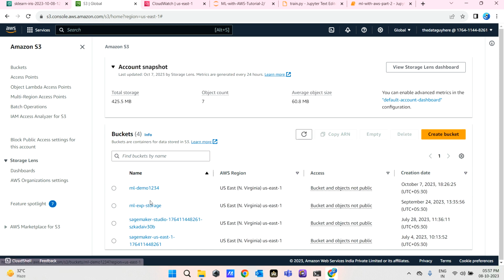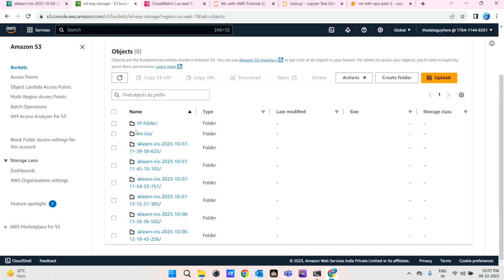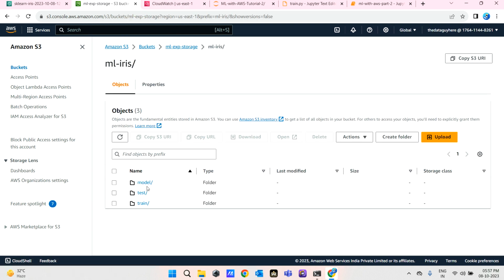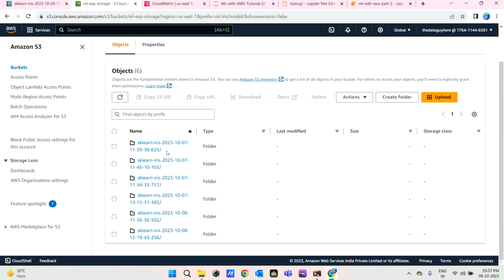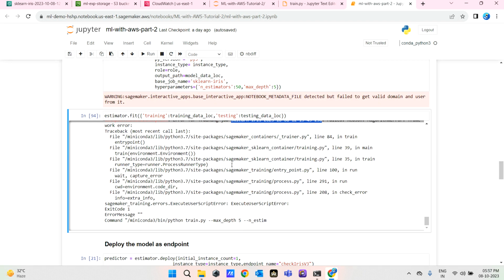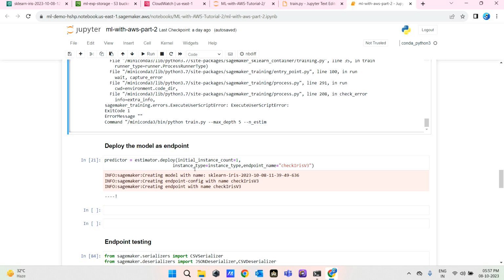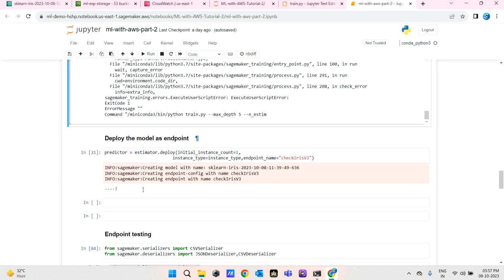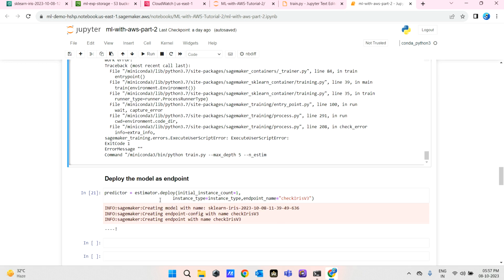Okay, model ml.exp, ml iris. Here is the model. Now, how many folders are there? You can see too many folders are there. So how do we know which folder is ours? Right now I just ran one and it got an error, so it will be hard to show you. But whenever it's trained, if you just type estimator.model_data,